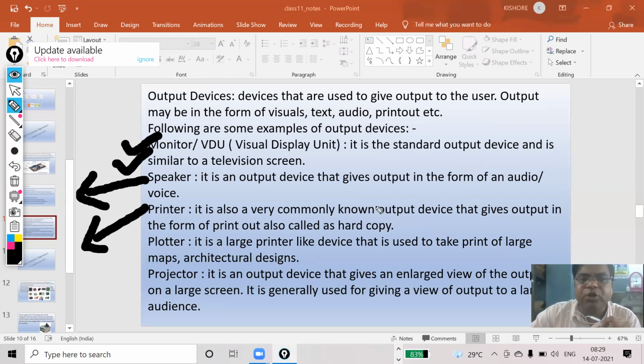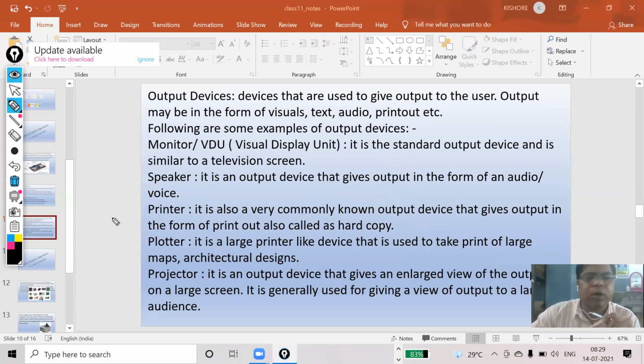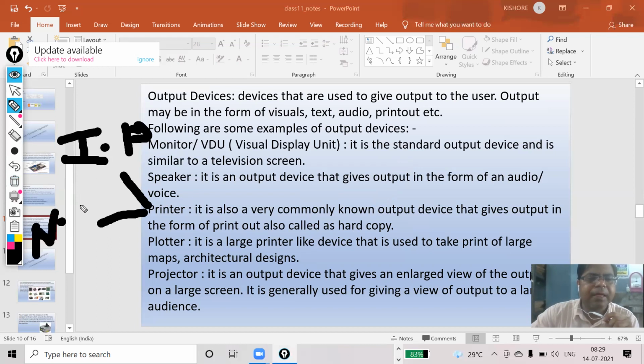So what are those two? One is the impact printer and another one is your non-impact printer. So we have two types.